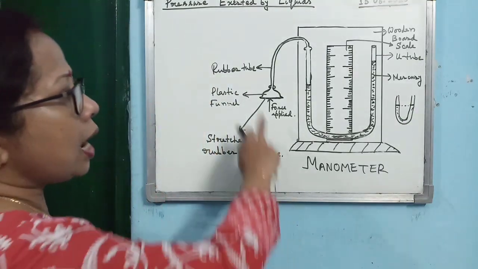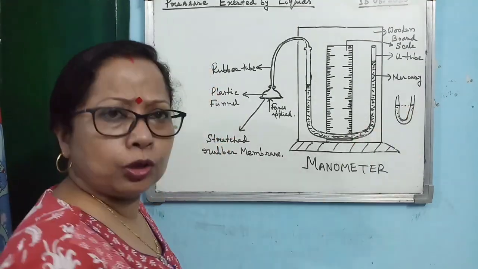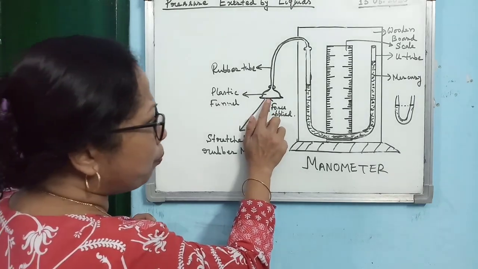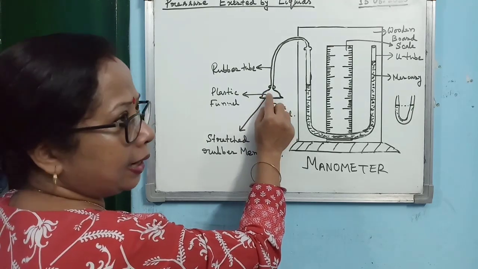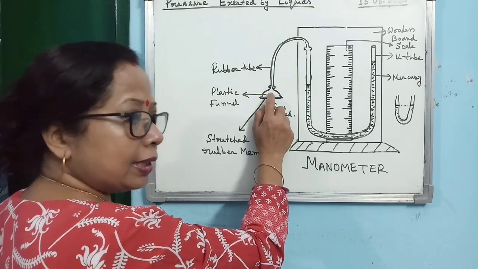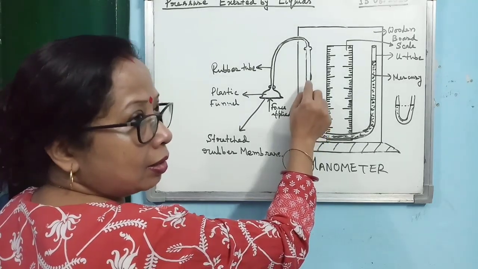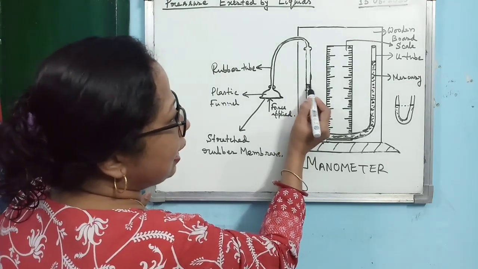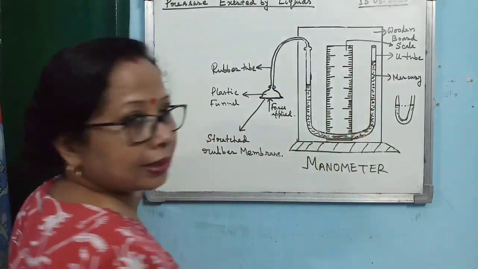Alright, now you see how it measures the pressure. Initially, the liquid level was the same in both arms. Now you do this. Here, force applied, I have written, by your finger you press the membrane. Then you are exerting pressure first on the membrane, that pressure will be transmitted within the air, and then act on the mercury kept on this arm. So what will happen? You will observe that the mercury level here will decrease, whereas the mercury level here will increase.